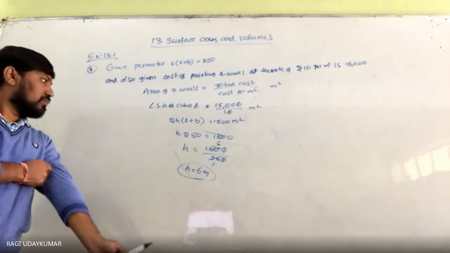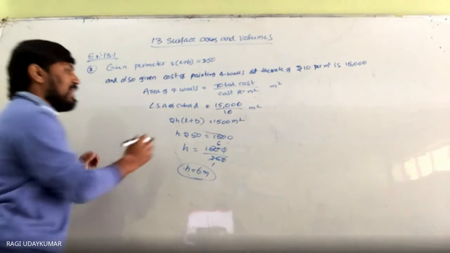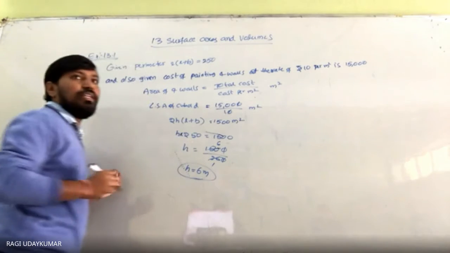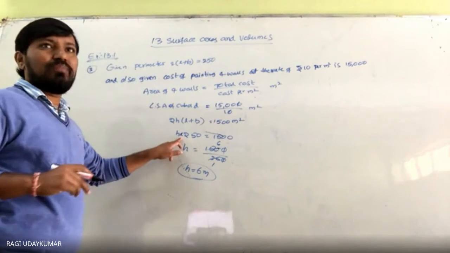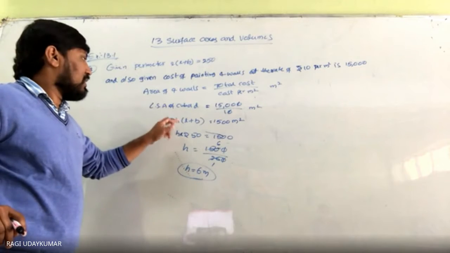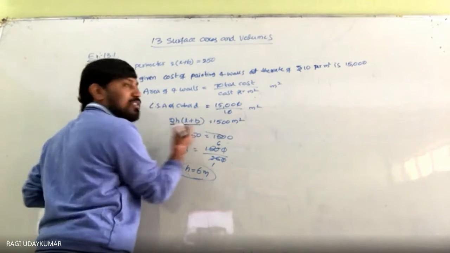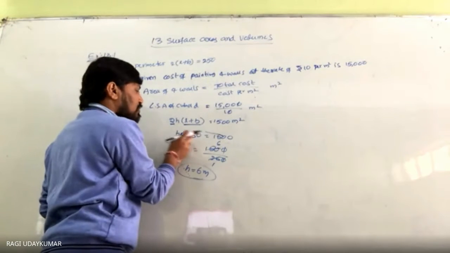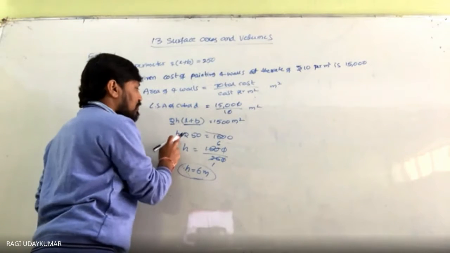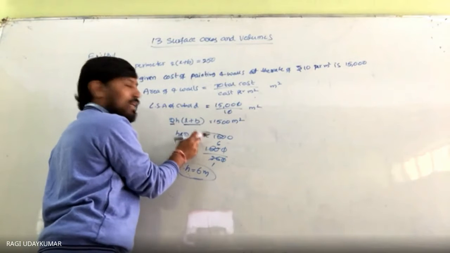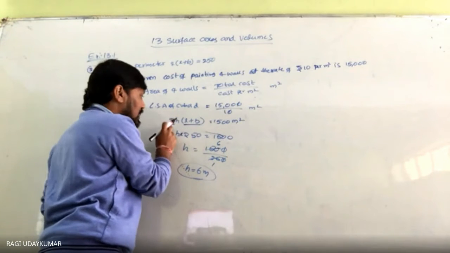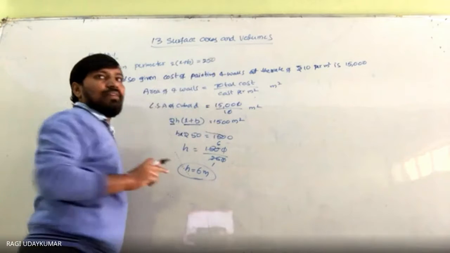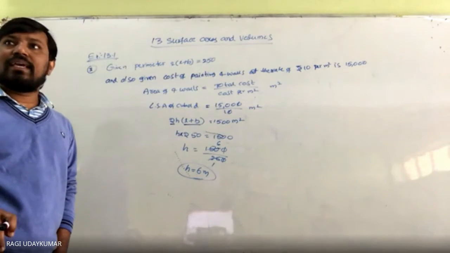Sir, what's your point again? Point is nothing but multiplication. So actually, see here, this 2 into L plus B is 250. 250 into H. This whole thing is 250. So the perimeter of the two is given to you as 250. So from that you can say that H is equal to what?